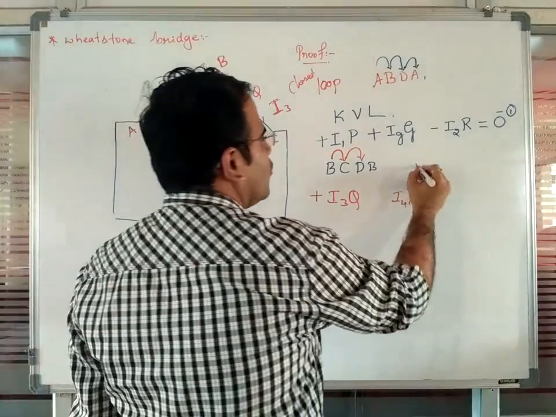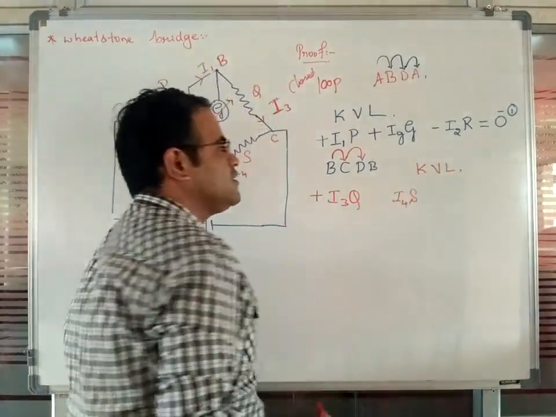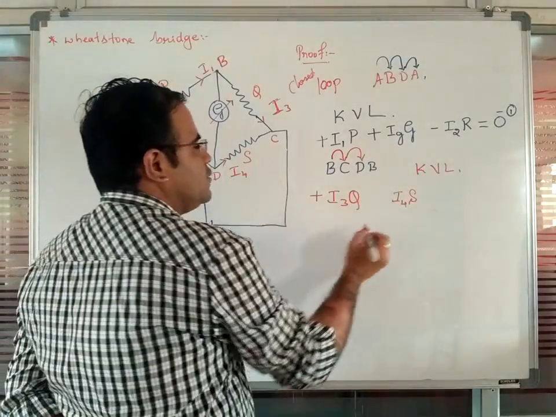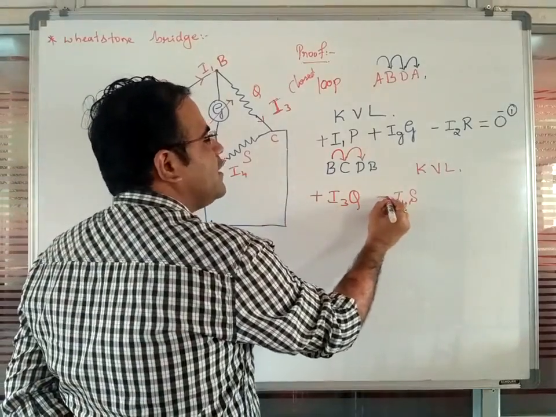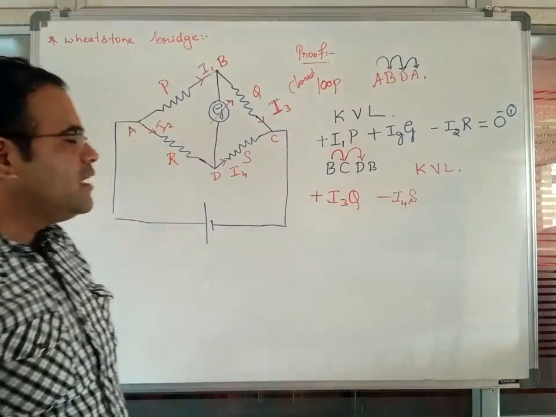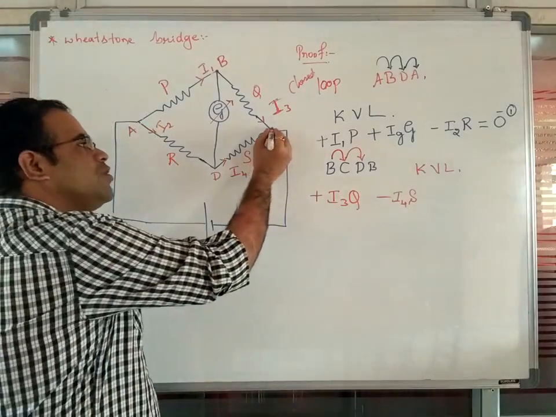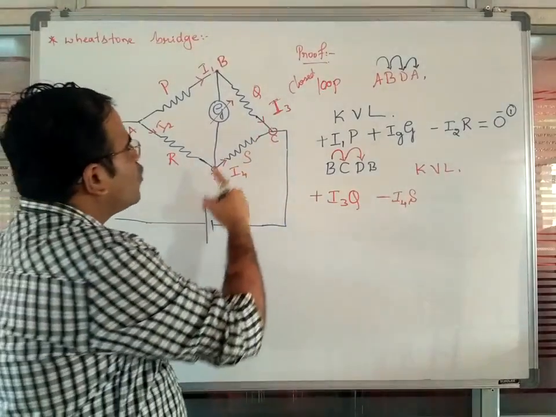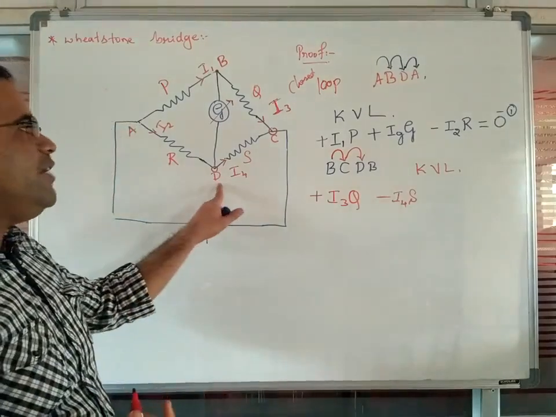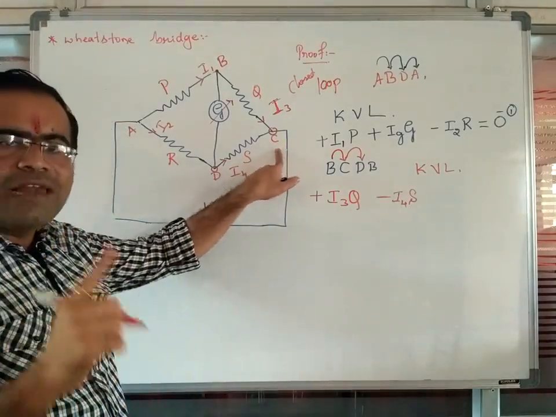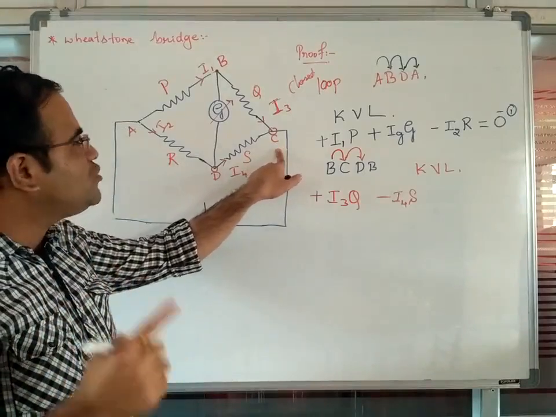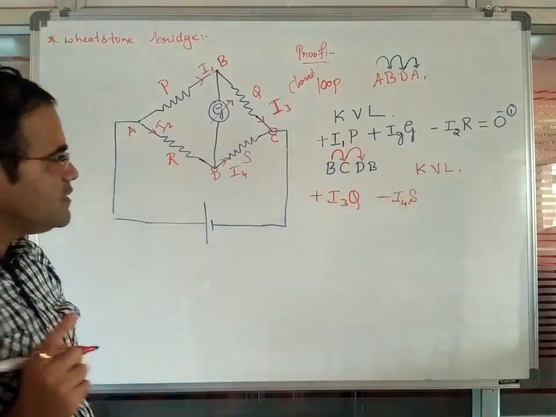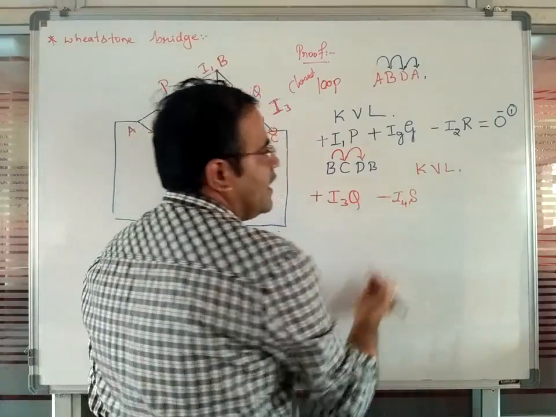Here also we are going to apply Kirchhoff's voltage law only. Now in this section, it will be taken as negative. The reason is our calculation order is from point C to the point D, whereas the electric current is moving from point D to the point C. It means our calculation order as well as the direction of electric current are both opposite. So when both are in opposite direction, it will be taken as negative.